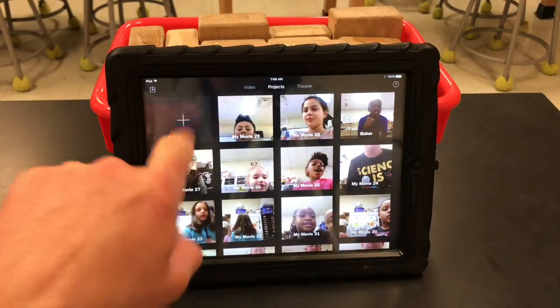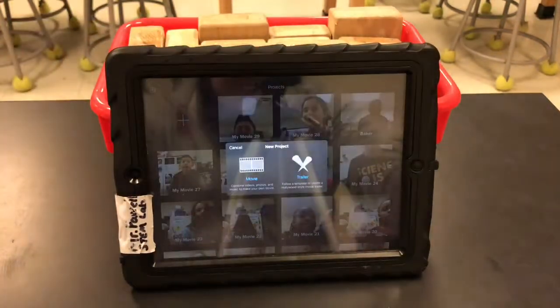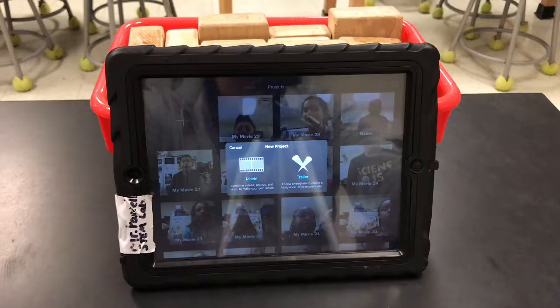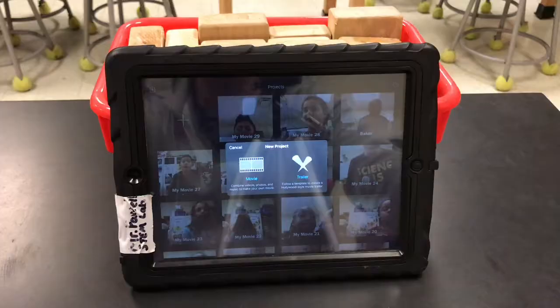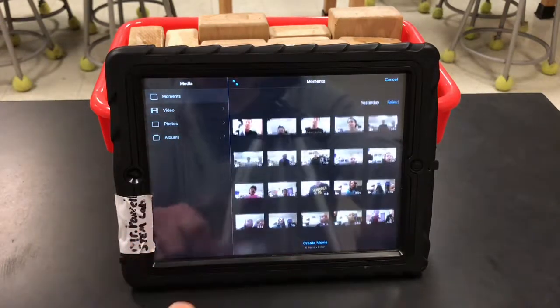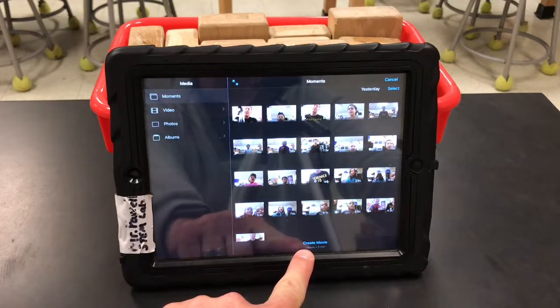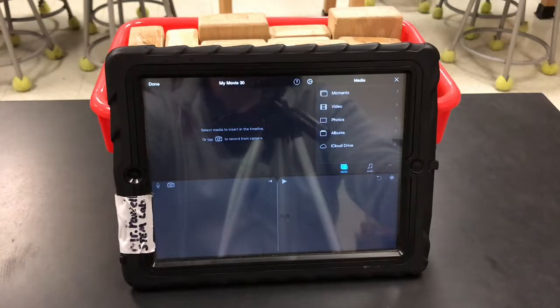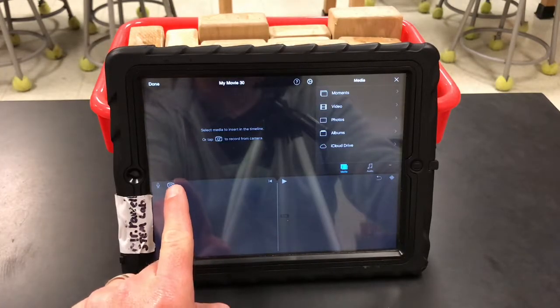Now I've got a chance for a plus sign, which means add something new. Now I want to make a movie. And then it's gonna ask, what do you want to put in the movie? I don't wanna put these old clips in there because I wanna create a new one. So at the bottom where it says create movie, I've chosen 0, and that's good. So now I'm gonna go to camera,